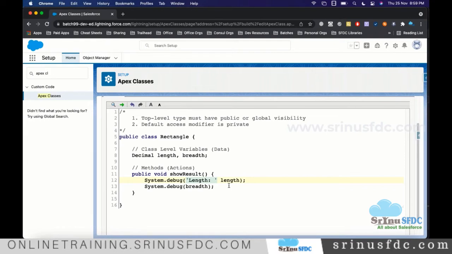The string value is static, and length is a dynamic variable, right? It is a name given to the memory. In that name, any value can be there. It can be null, it can be 10, it can be 100. It's all based on what we store, right? So this is dynamic. We don't know what value will be there. It's all based on the user input and other factors. But we know that this string will always be the same, so people say it is a static value. Static value means same. Dynamic means we don't know. The value can be anything, right?